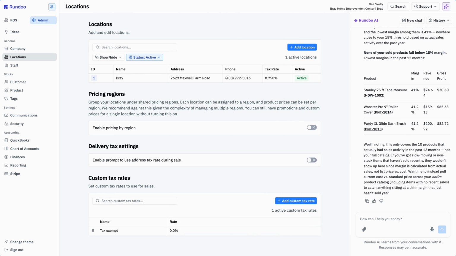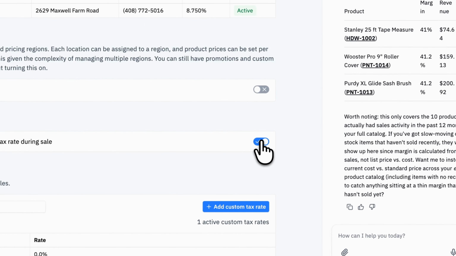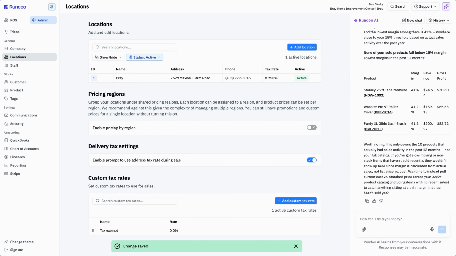Back on the main location screen, let's look at taxes. For those times you're delivering to a job site in another town, you can flick on the Enable Prompt to Use Address Rate toggle. With this on, Rundu will ask your cashier at checkout if they want to use the tax rate for the delivery address instead of the store's rate.